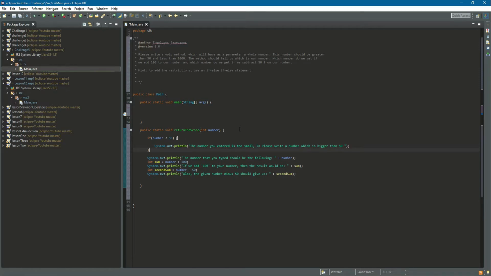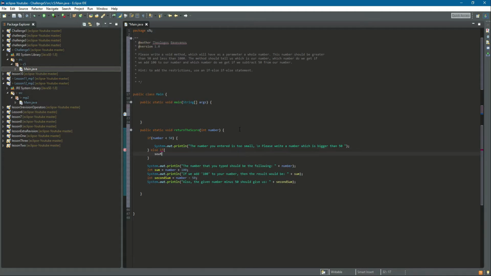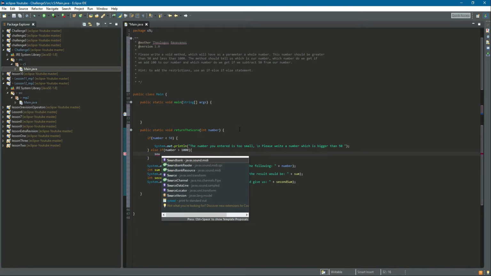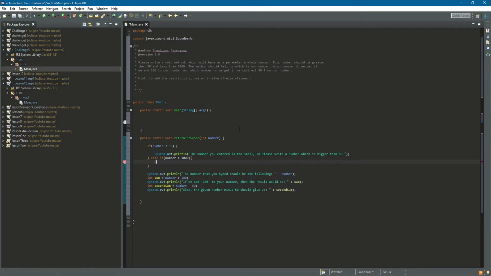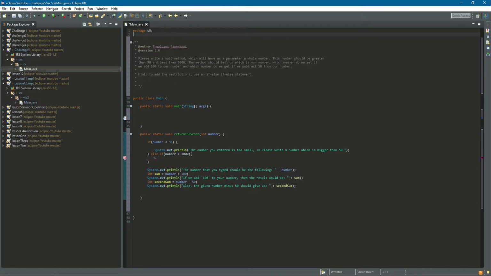And we will say else if, we will open up the brackets, else if the number is bigger than 1000, then we open up the brackets and we say,